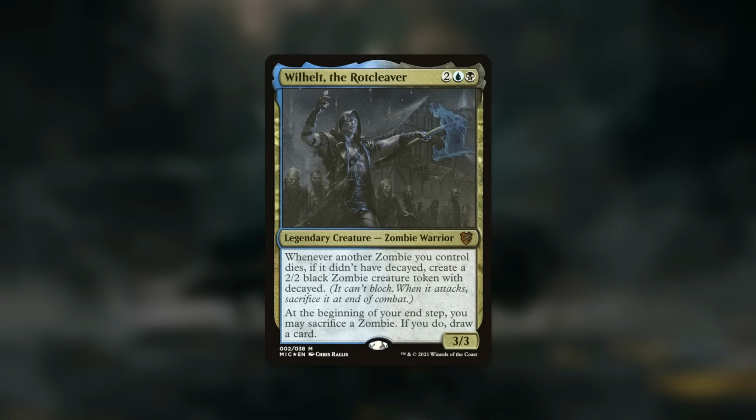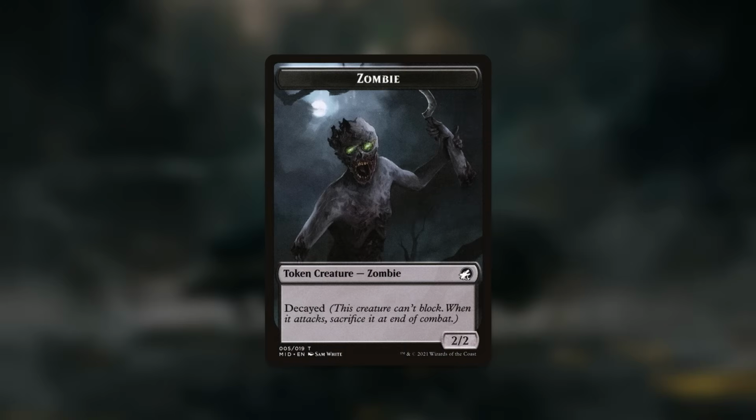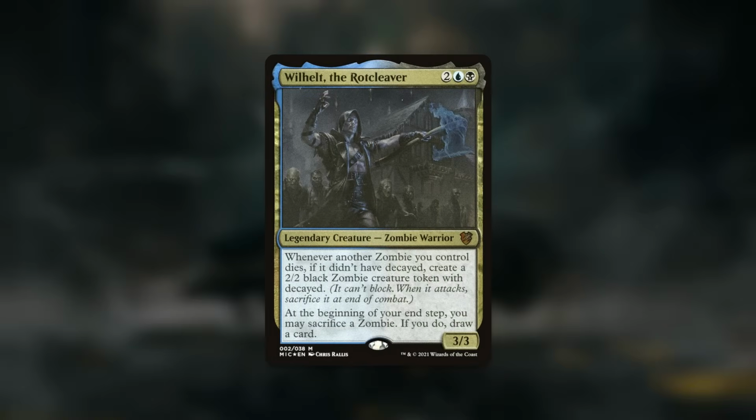Whenever a zombie you control dies, if it didn't have Decayed, create a 2/2 black zombie creature token with Decayed, which is very cool. So it doubles up on all of your zombies, including tokens, as long as they don't have Decayed, which is pretty sweet. Then at the beginning of your end step, you may sacrifice a zombie. If you do, draw a card. So it's got some draw engine. It's got sacrifice triggers. It's just a really cool deck, and I've really enjoyed playing it,